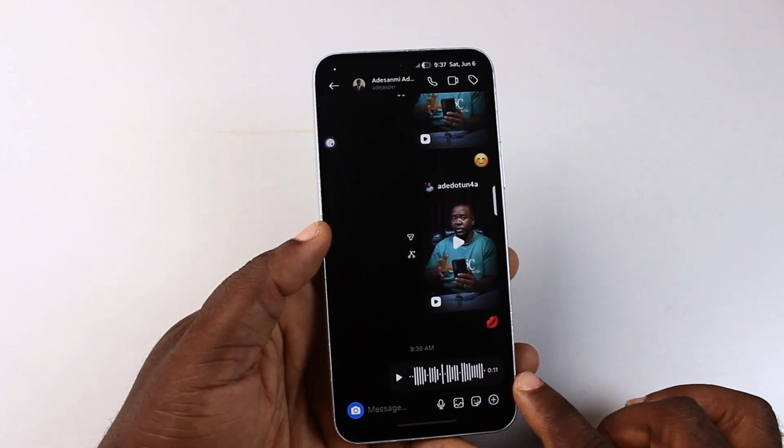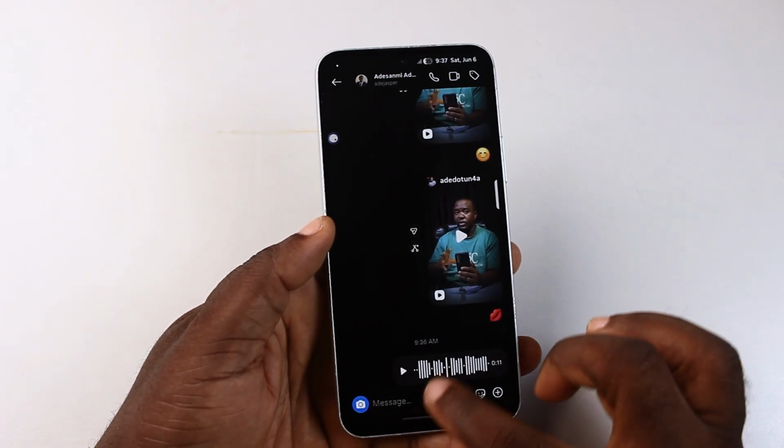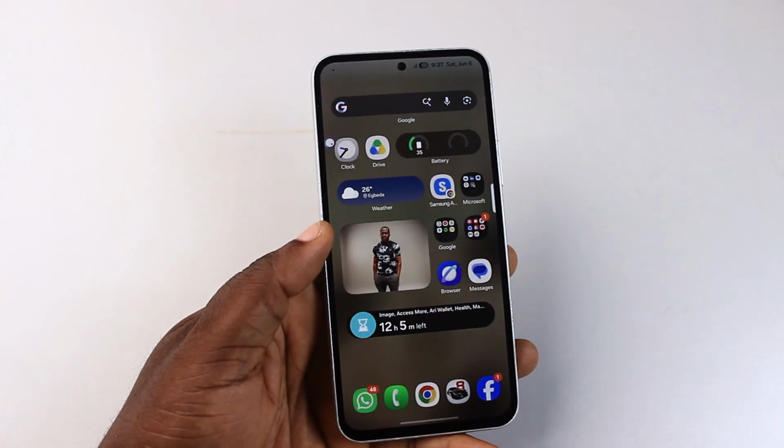Then the voice message will be forwarded on your Instagram. And that's it. So that is exactly how to forward voice